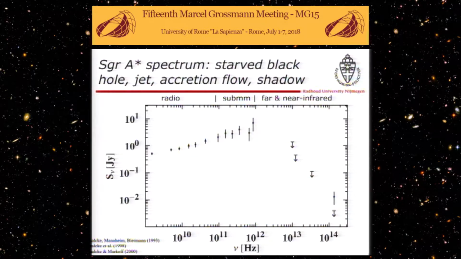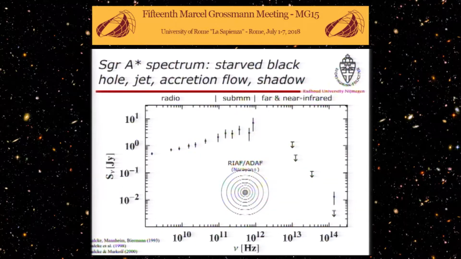And what you see is that the radio flux actually rises, and then suddenly stops, and there is a maximum frequency where the radio emission goes to. It's a flat radio spectrum. There's actually a simple back-of-the-envelope way to explain these things, and we did this essentially back of the envelope indeed. The idea is, in this picture that we have today, and this is a second important aspect of this,